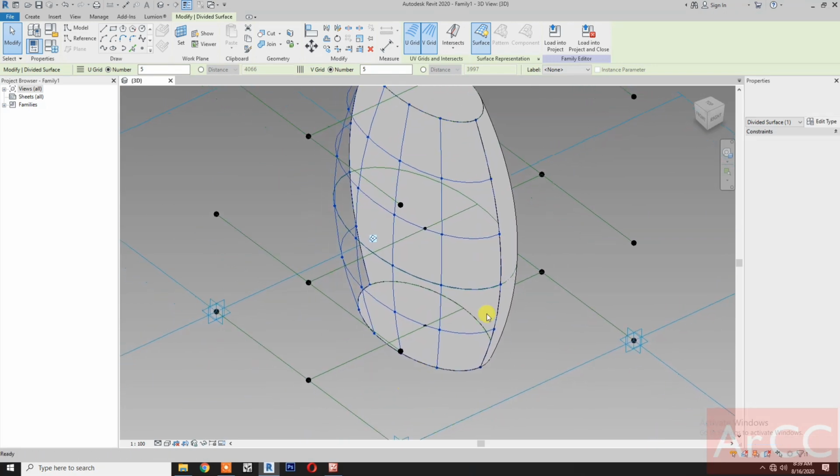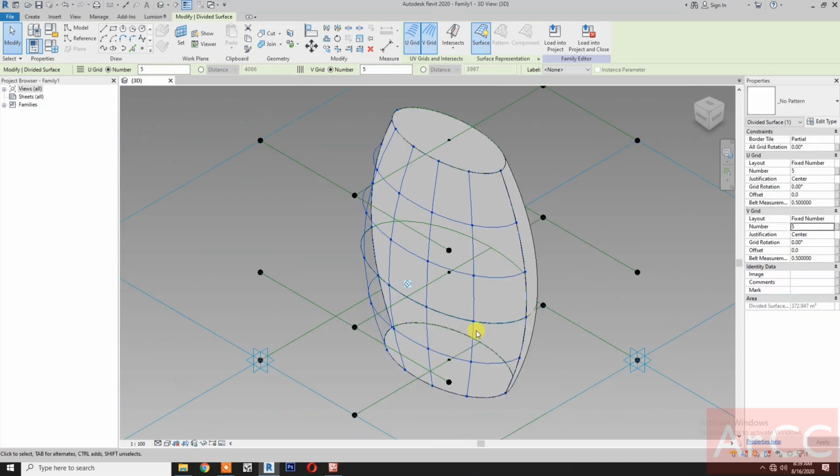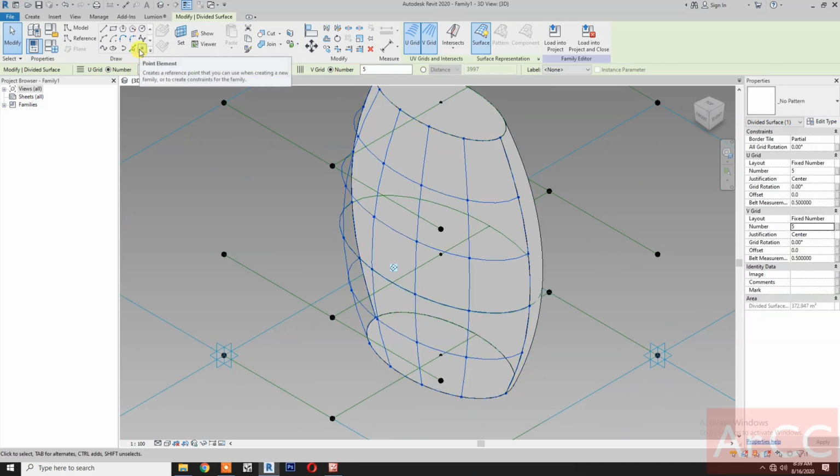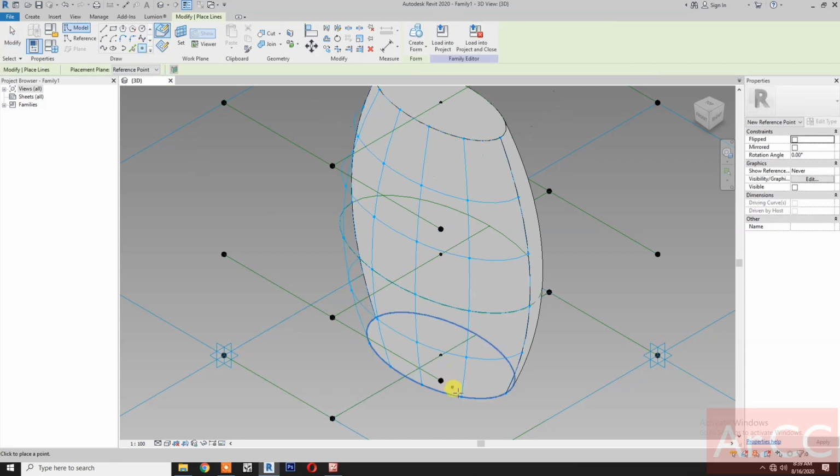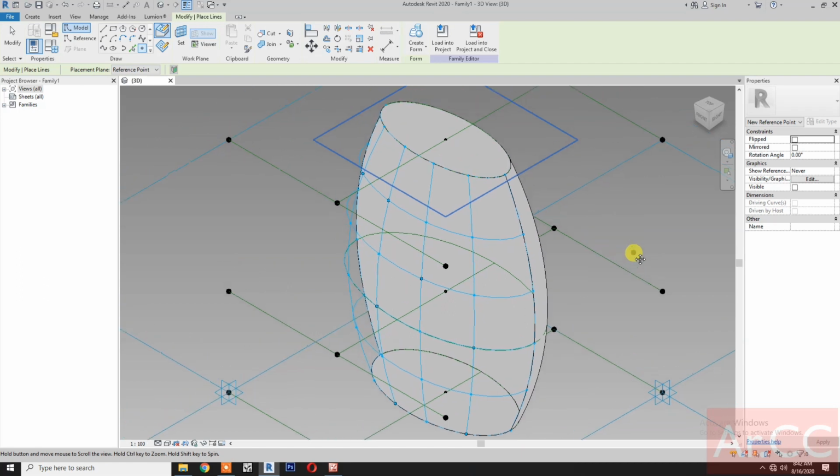next, okay, reference point, pick at the nodes, pick here, here, okay, one here, here, okay, one here, then one here, and one here. Okay,